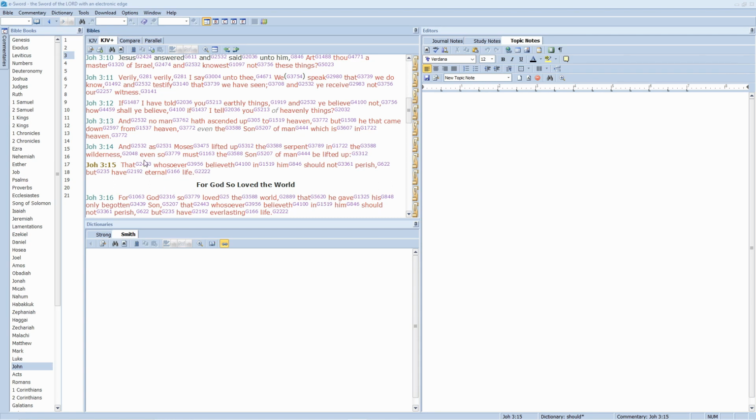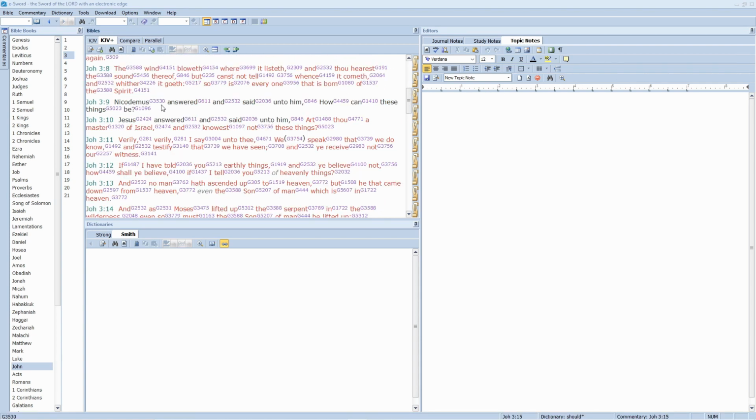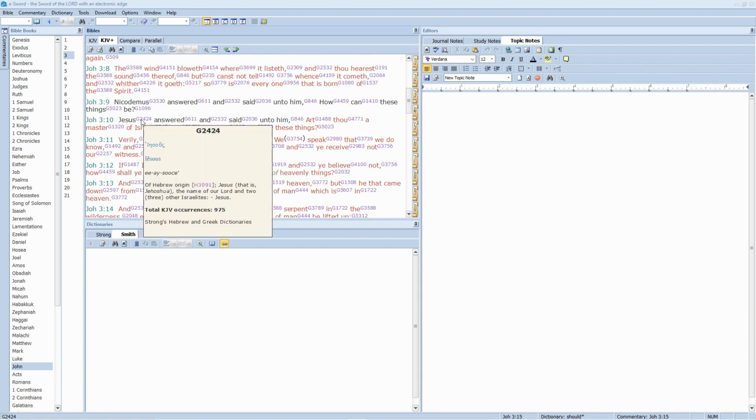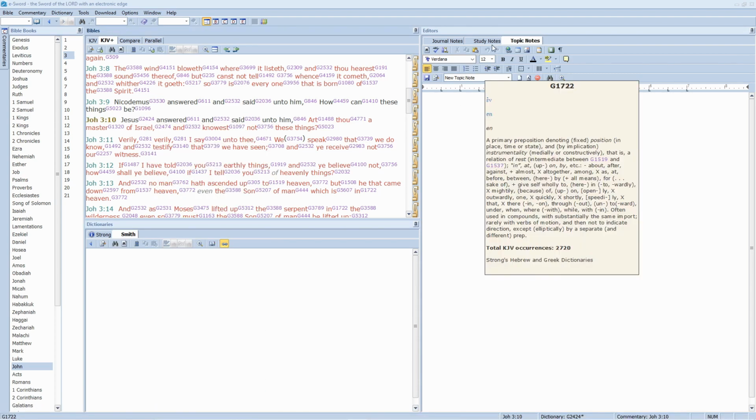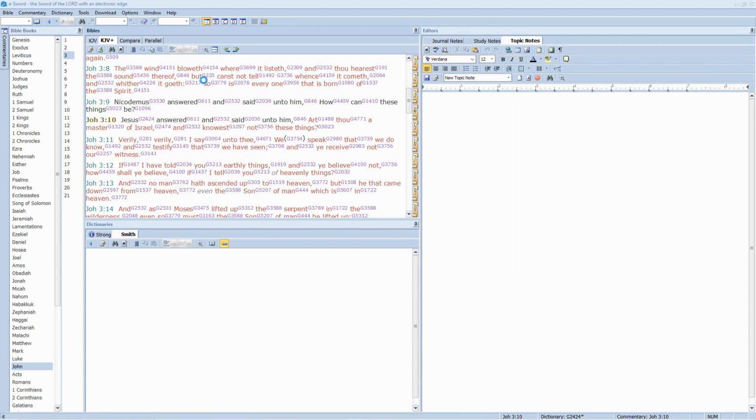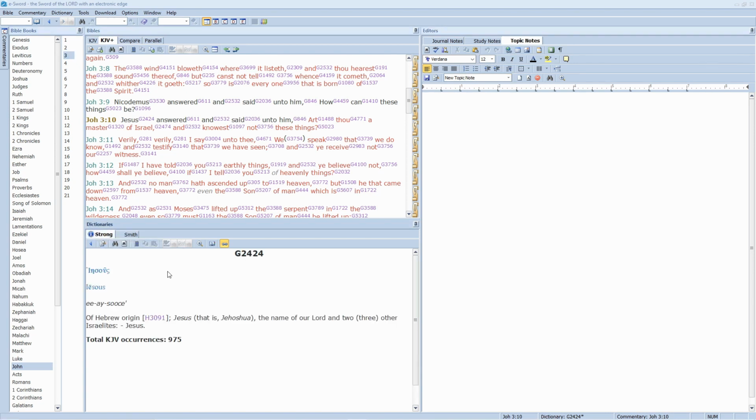And so, for example, if I wanted to bring up Jesus, it would bring up the Greek word for Jesus. Actually, it would bring it up over here. A second ago, I took down the commentaries or dictionaries, so it might not. Down here. Here we go. We see Jesus, which says that it's of Hebrew origin.